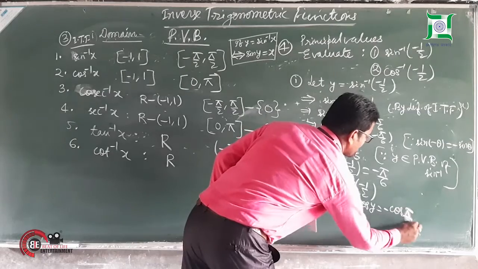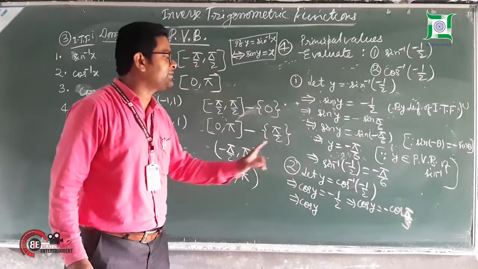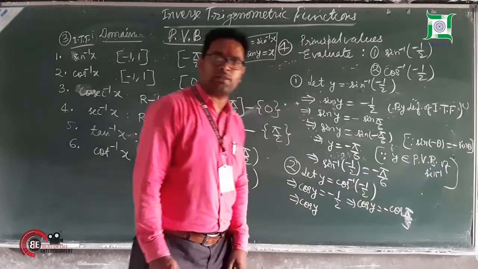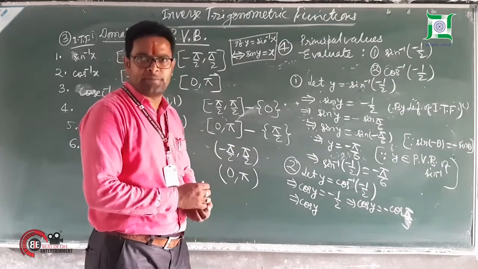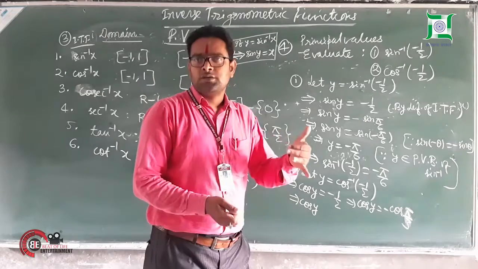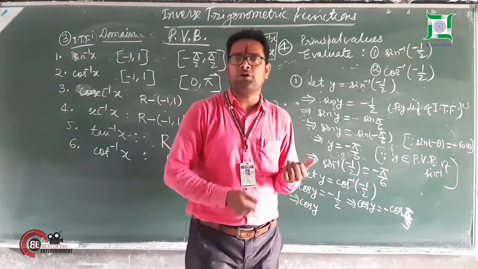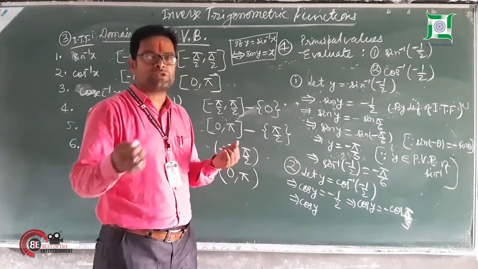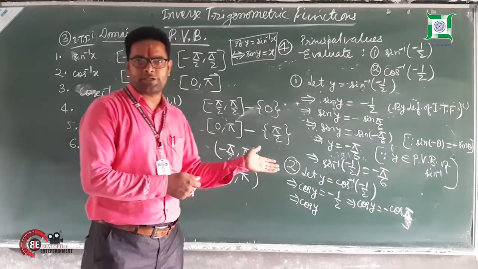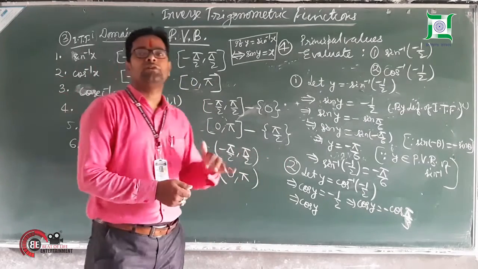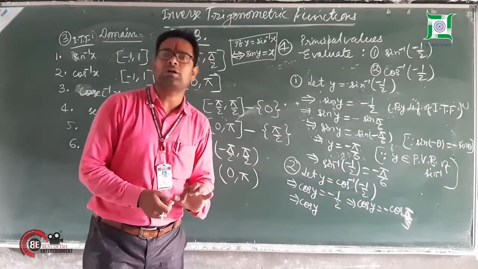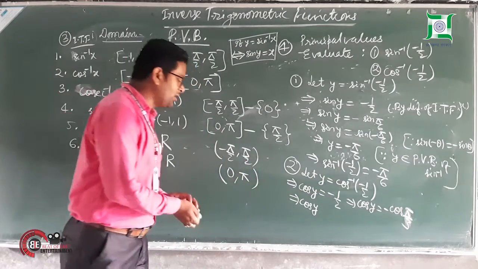Now all of you know cos pi by 3 is 1 by 2. So I have just written the value. Now cos theta is negative in the second quadrant and third quadrant, because cos and sec both are positive in the fourth quadrant. So we have to make changes, as I have explained earlier, so that they can be converted into the second quadrant only. Third quadrant is not permissible. So how will you convert it?